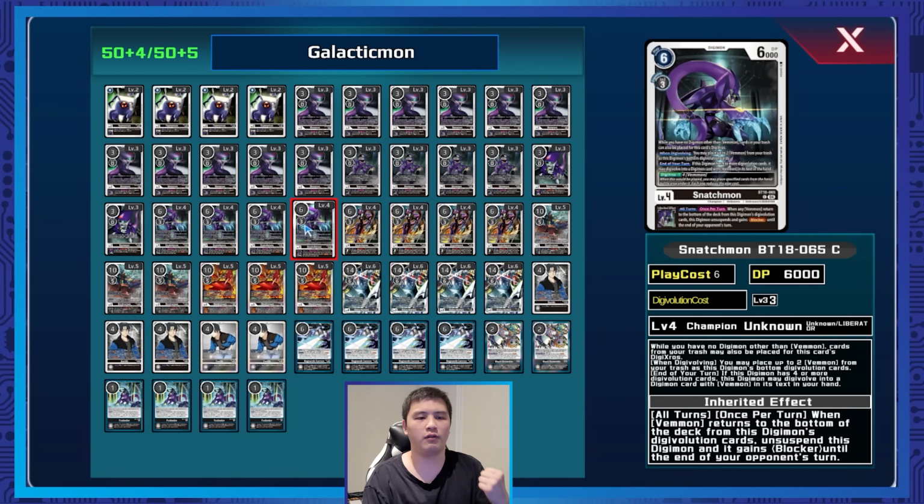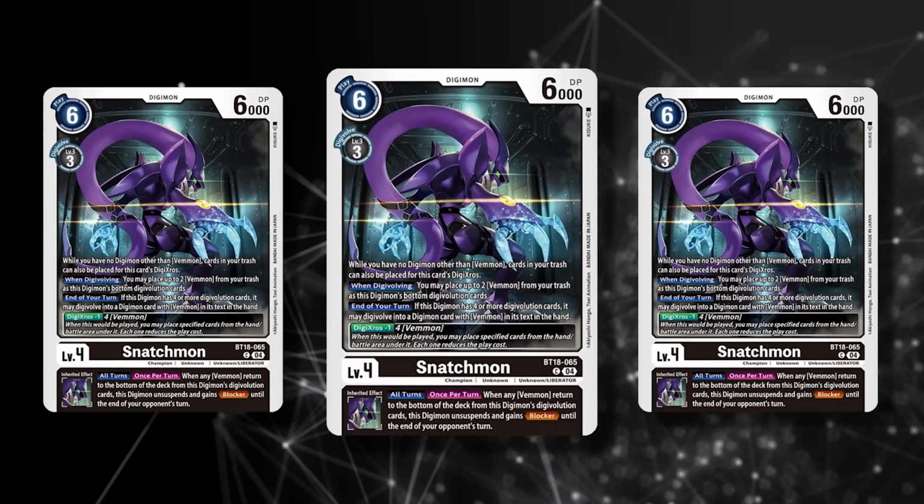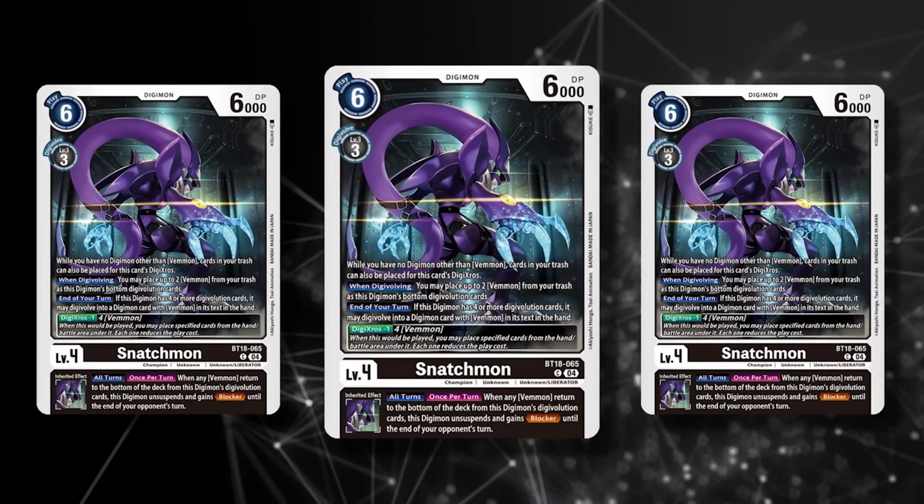Now let's go into the level 4s. You mainly play Snatchmons, and there's 2 kinds. The new one from BT21 helps you search, and with its inherent effect, helps you delete something that's 4 cost or less. And then there's the slightly older one from BT18, which is more versatile because you can either Digivolve into it